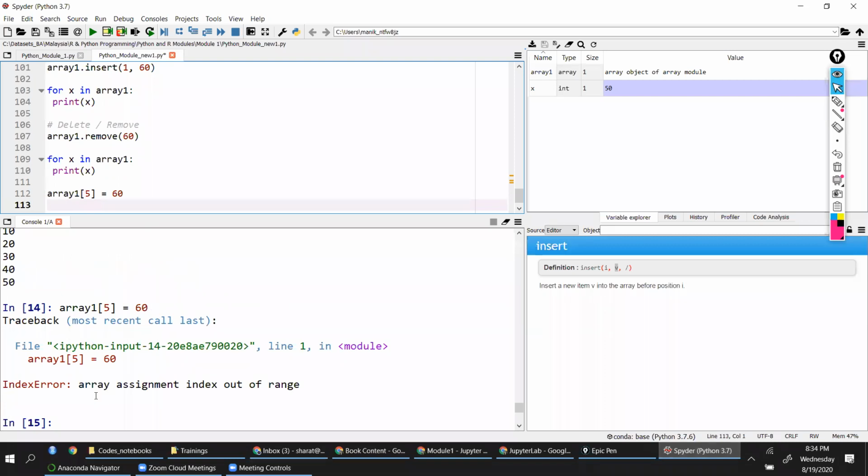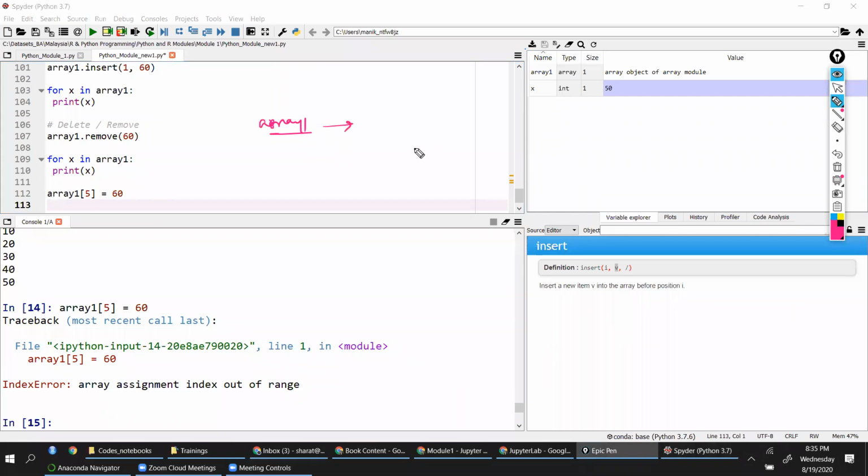And what does this array say? What is it saying? Index error. Why is it saying index error? Your array1 object is defined already.